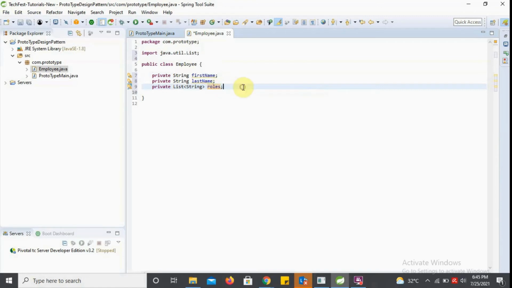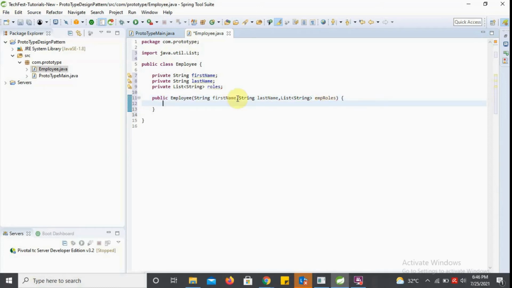And here I'll create one constructor, and in this constructor I'll initialize the fields. I'll make this constructor public, taking a string first name, a string last name, and a list of strings as employee roles.